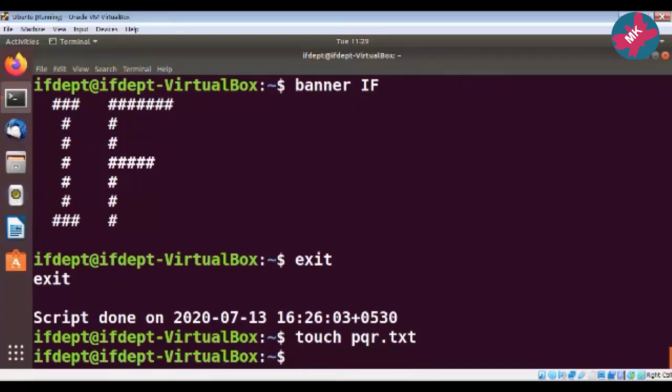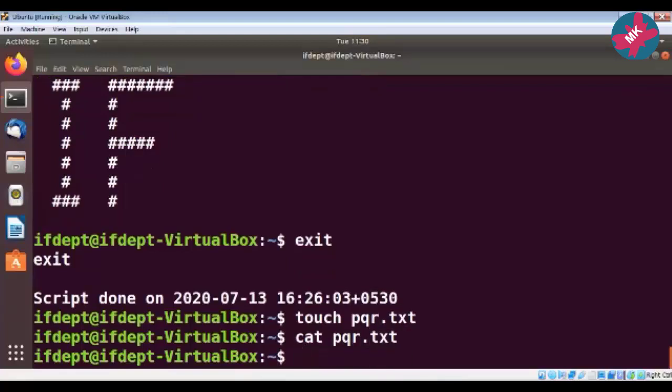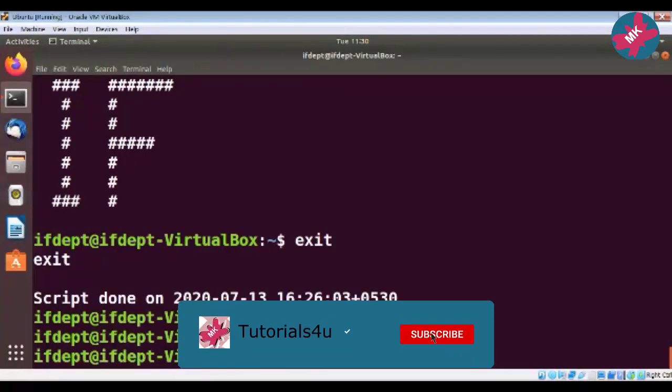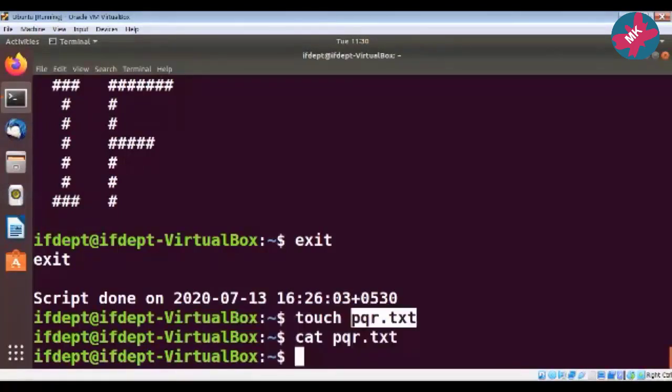So this file is created, but let us check whether it has any content. cat pqr.txt. Since the file is empty, you won't see any content within it. And that is the use of the touch command. The touch command creates an empty file. In this way you can create new files using the touch command, but the file will be empty.